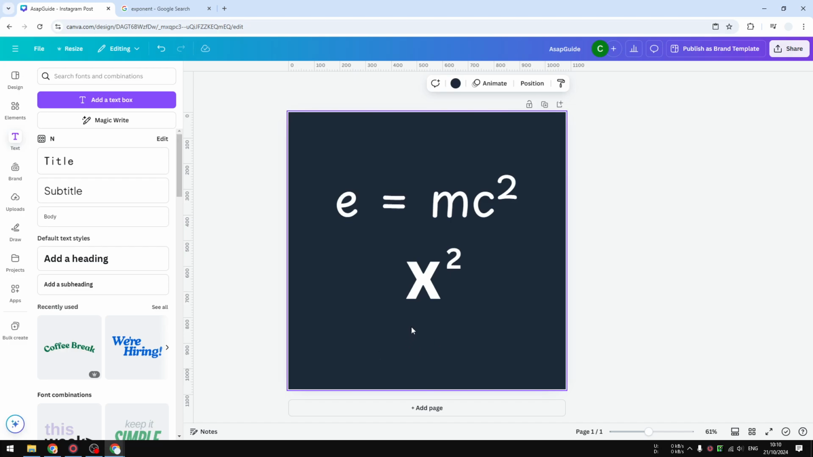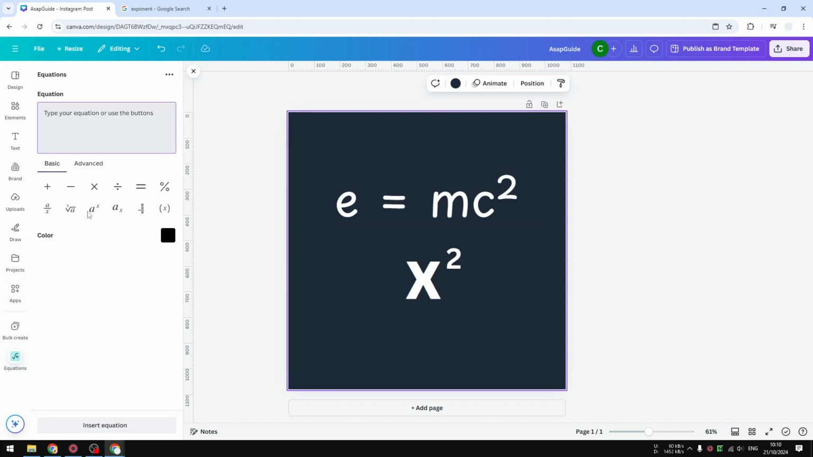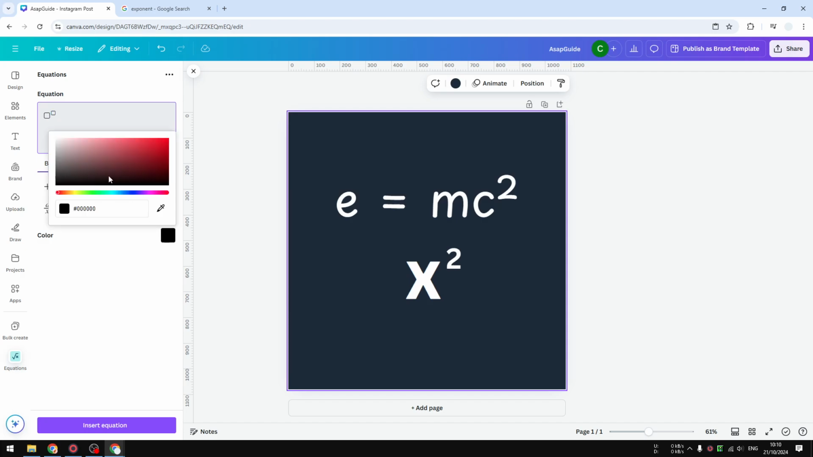For method number 3, we are going to be utilizing a tool called Equation. So let's go to Apps and search for Equation. This is the Equations app that we want to use. Click on it, and in the basics section you will see there are many options. You want to select this one that says exponent,